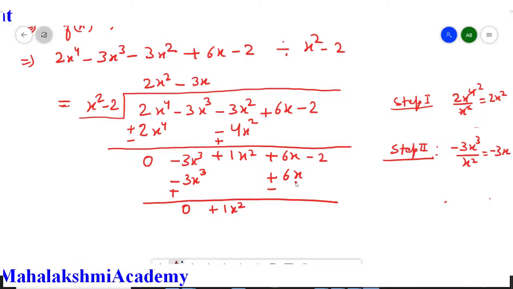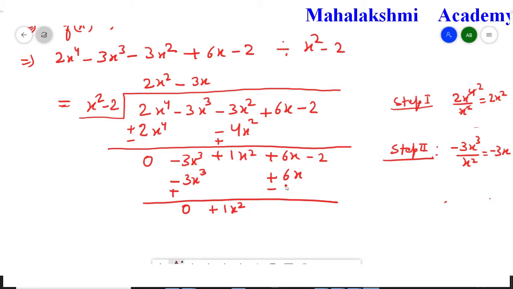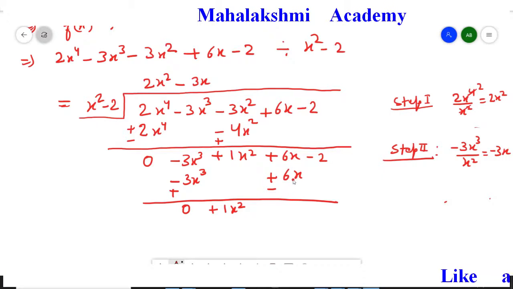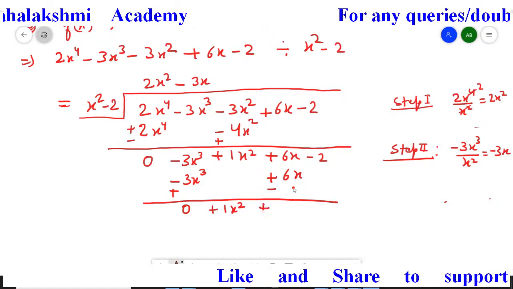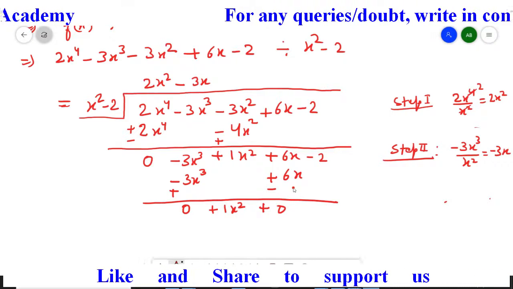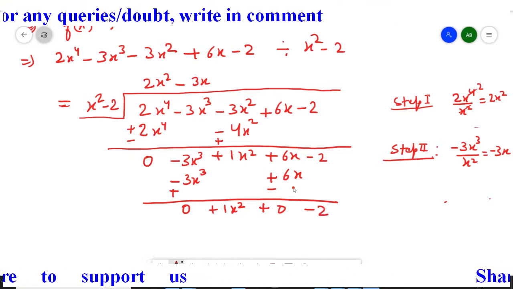Now here students, it's a plus sign and this is a minus sign. So we have to do minus, plus minus, we have to do minus. So same number minus same number is 0. So we'll write here 0. 0 doesn't have any sign, so just write either plus 0 or minus 0, it's not a problem. And then minus 2 as it is.